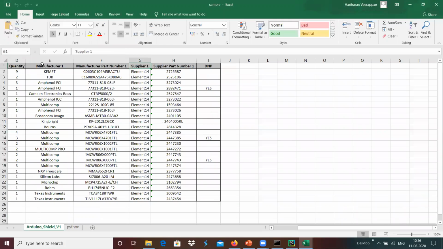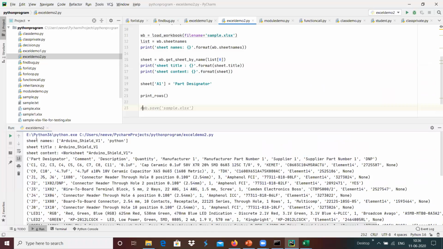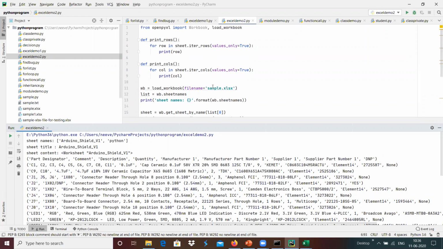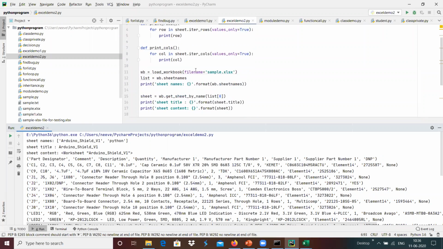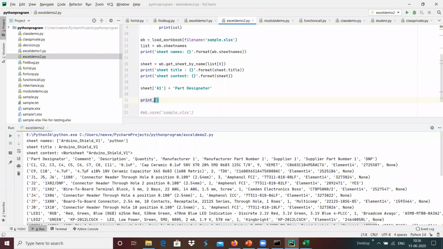This is the first row that we got as output: part designator, comment, description, quantity, manufacturer one, manufacturer number, part number one, supplier part number one, and DNP. Like that, we got the first row, second row, all the rows of contents. We are able to get it with the help of iter_rows, and we can get the output accordingly. In a similar way, we can use print columns, so that iter_cols will traverse that Excel sheet column-wise, basically.